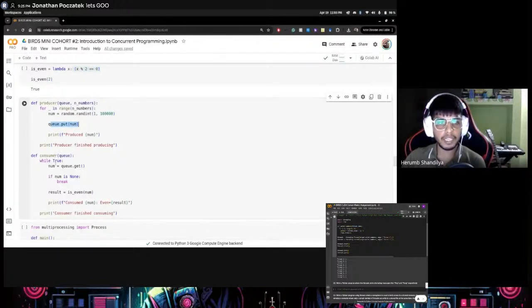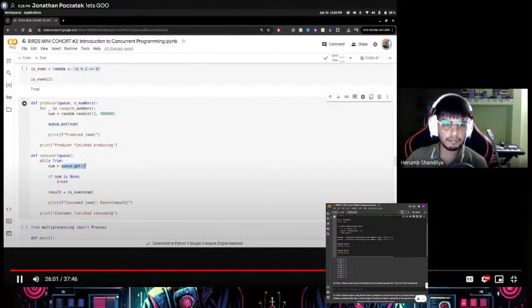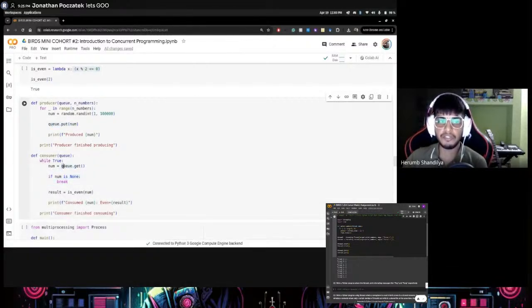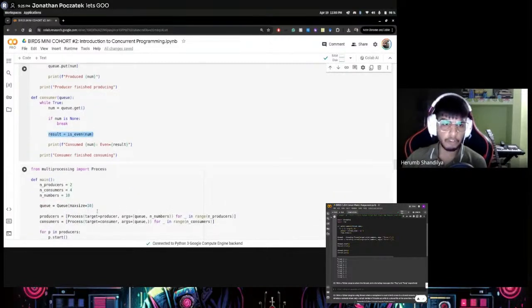Whereas with the consumer, we basically get the values from the queue. If the value we received from the queue is none, it will break from this loop and check. If not, it will continue, check the result and then print a bunch of stuff. Now, when you execute it,